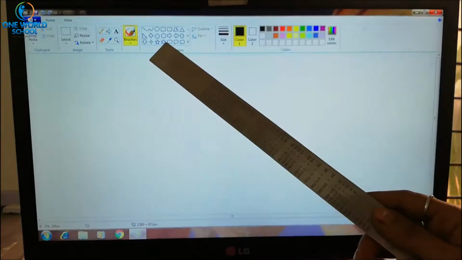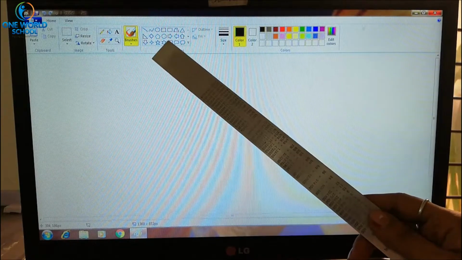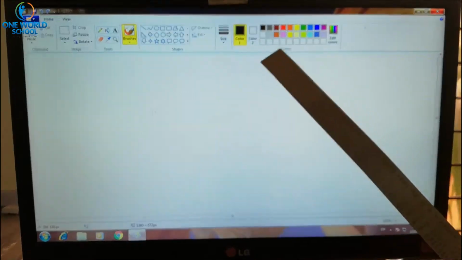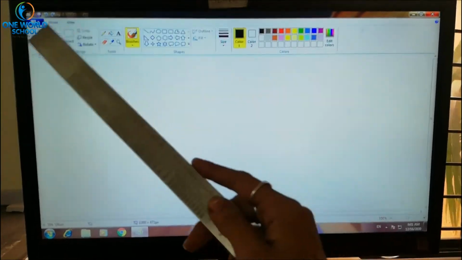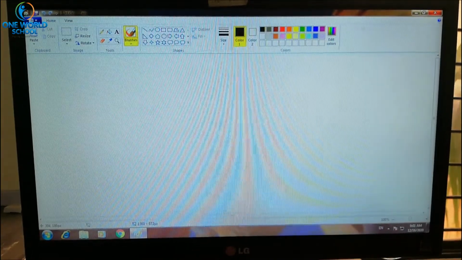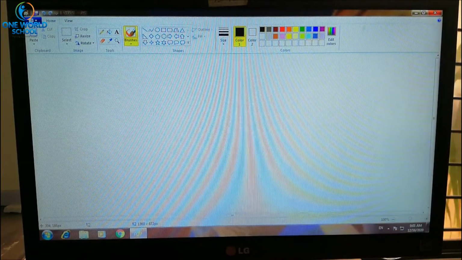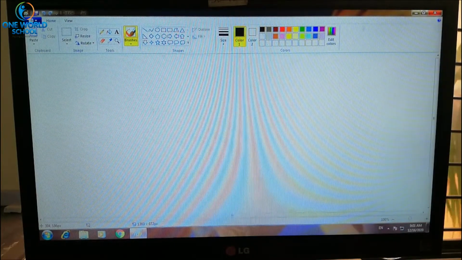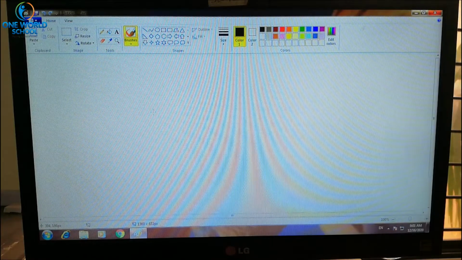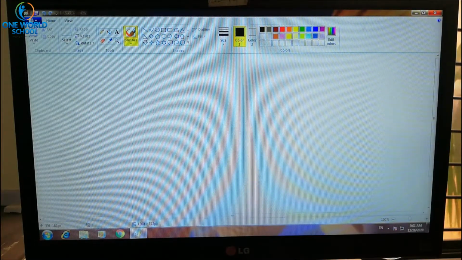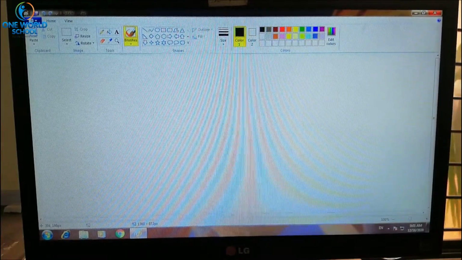Number 1, the shape box is already given to us. Then the color palette is given to us, and so many commands which help us to draw and erase our shapes and drawings. It helps make our drawing interesting and effective.